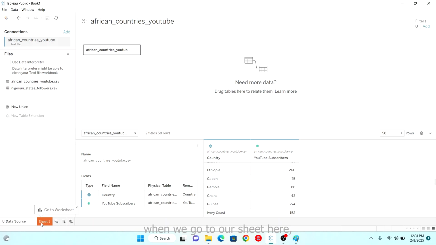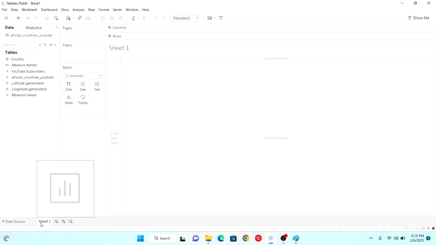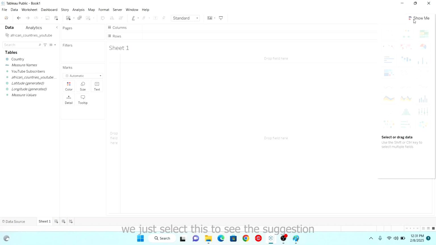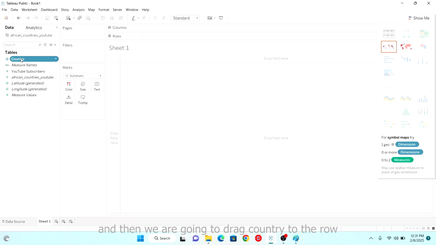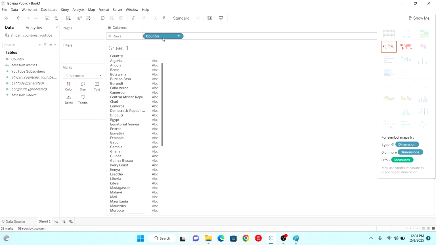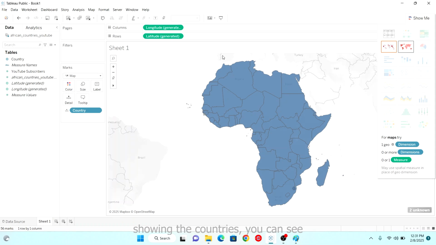When we go to our sheet here, we can create our visual, we just select this to see the suggestions, and then we are going to drag country to the row. Once we drag country to the row, we just select our map and wait. So it's going to load the map of Africa, showing the countries. You can see this is the map of Africa with different countries, but there is no color